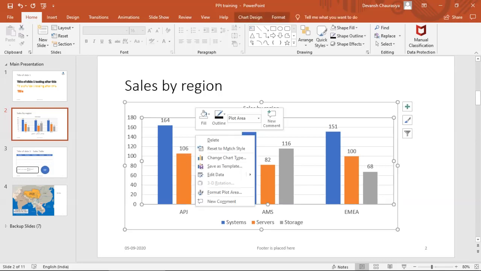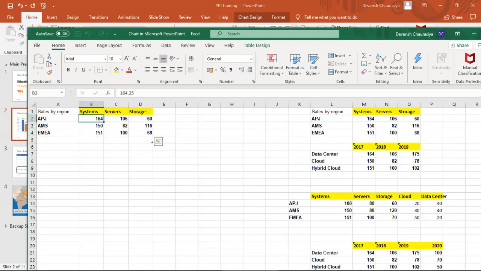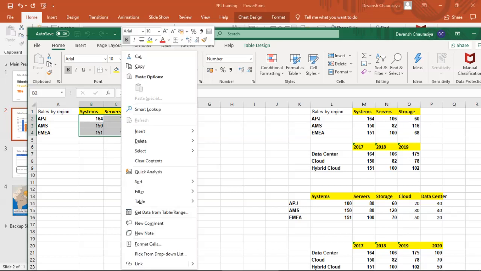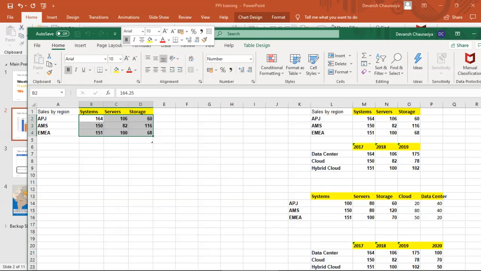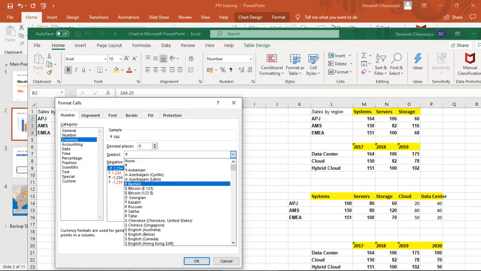But let us say I want to add a dollar value to it. Edit in Excel. Okay, now I select this, I right click, I go to format cells, and I go to currency, and I look for US dollar.